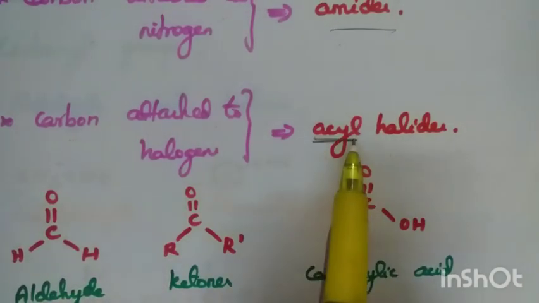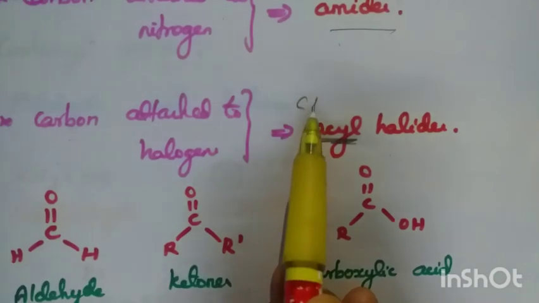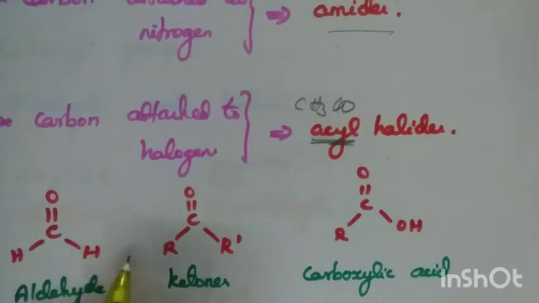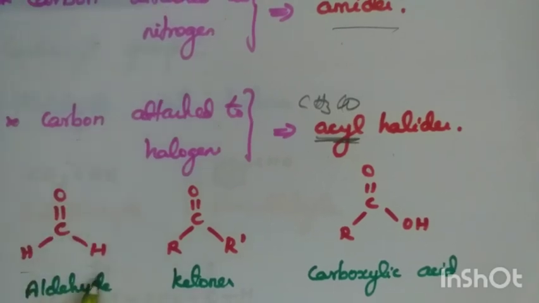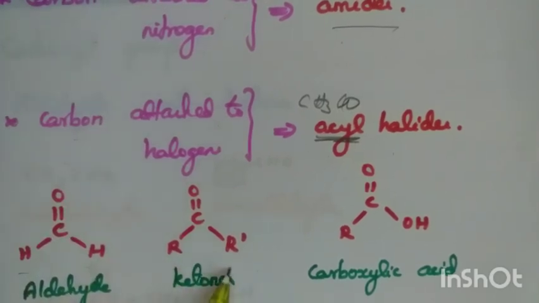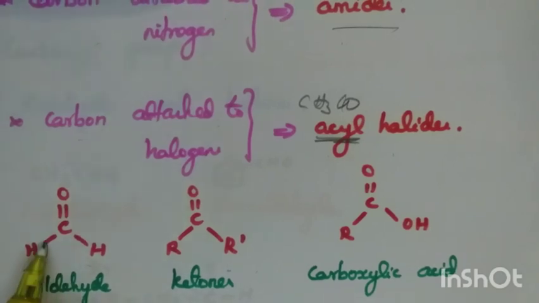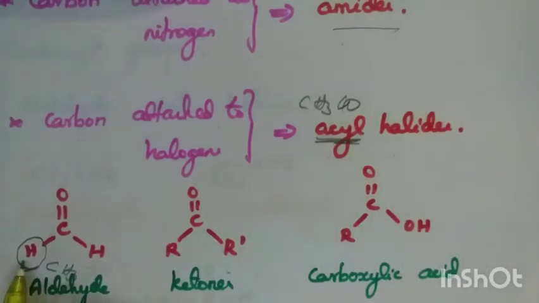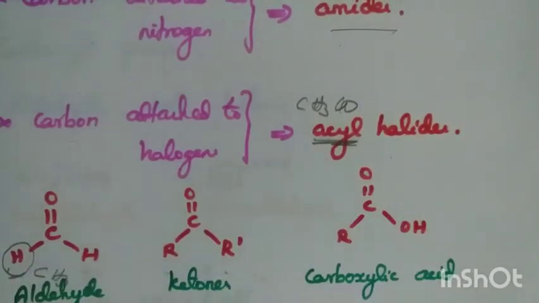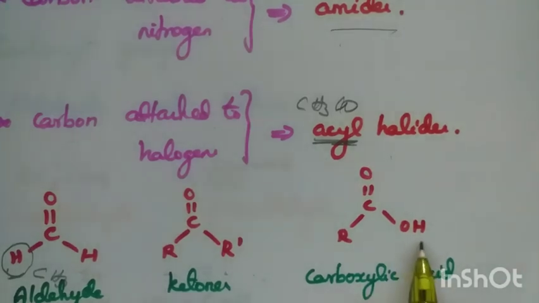That is acyl. The acyl group is nothing but CH3CO. So now C double bond O, H, H. Both are hydrogen. Both are not only hydrogen, it may be an alkyl group. CH3 means it is called acetaldehyde. H means it is formaldehyde. So both are alkyl groups means it is called ketone. And one alkyl, another one OH group means it is called carboxylic acid.